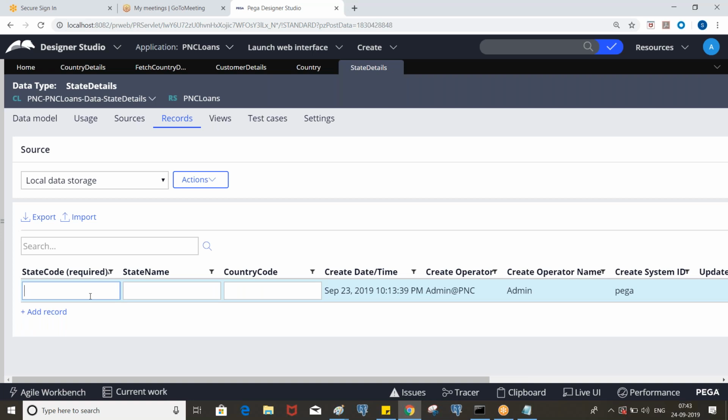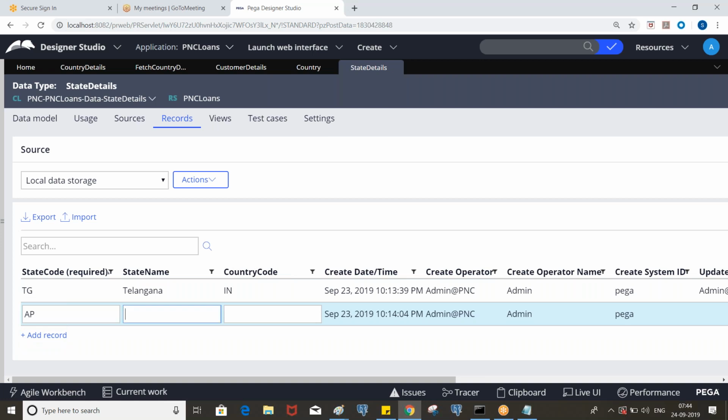State code, let's say I'm putting TZ, Telangana, and it belongs to which country? IN. We are using the country code, so it should be IN only. Next, belongs to the same country.